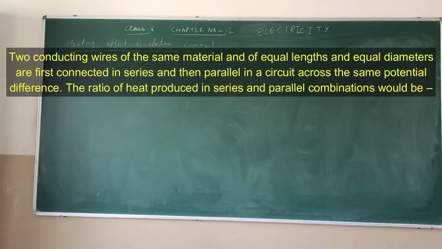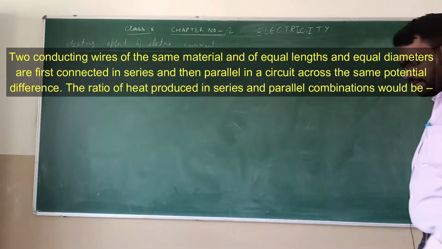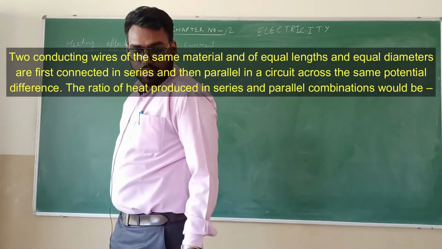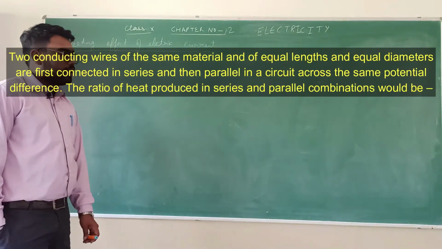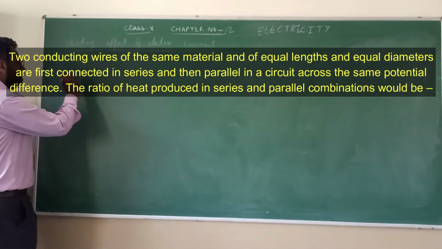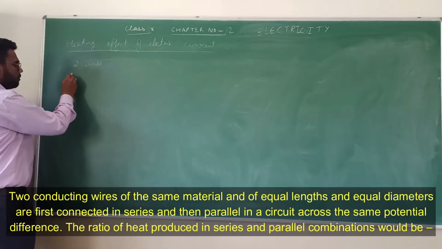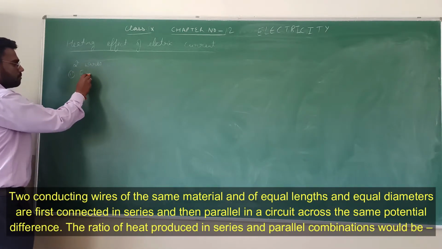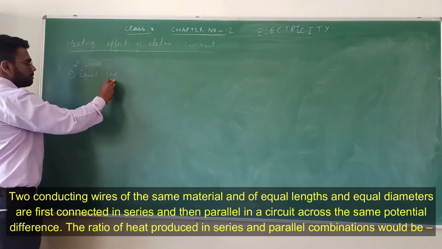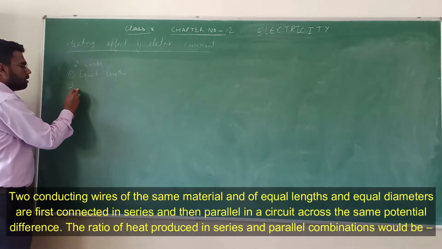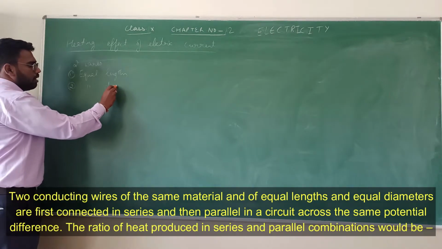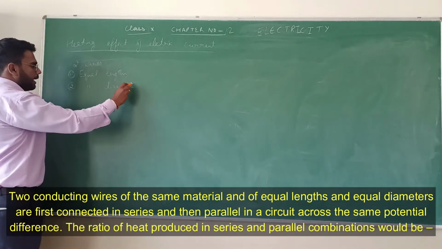So this is the question. It is from NCERT exercise question number 4. Two conducting wires of the same material, of equal length and equal diameter, are first connected in series, then in parallel. So we have to find the ratio of heat generated in these two cases. So what is given: we have two wires. First thing given, they have equal lengths. Second thing, equal diameter, and third is